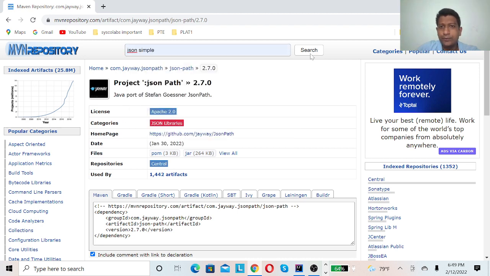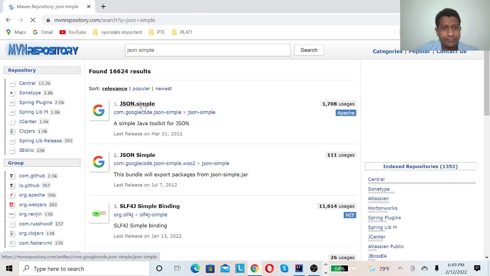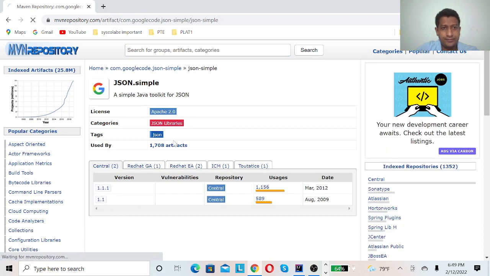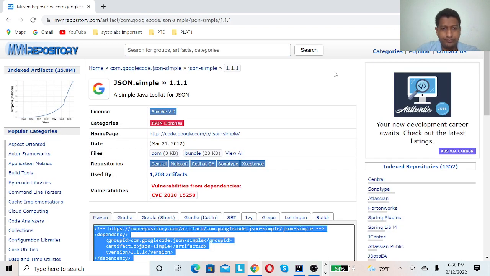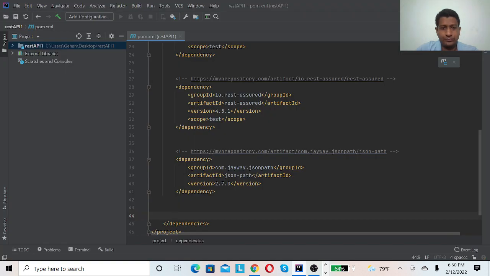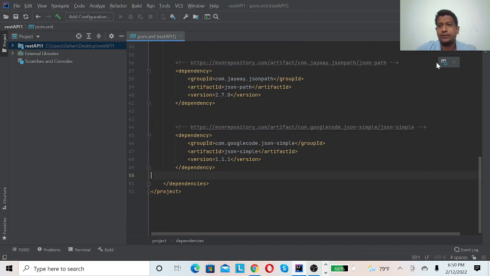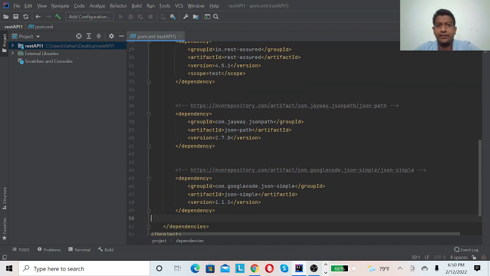It's introduced by Google. So I will clean install my Maven project.